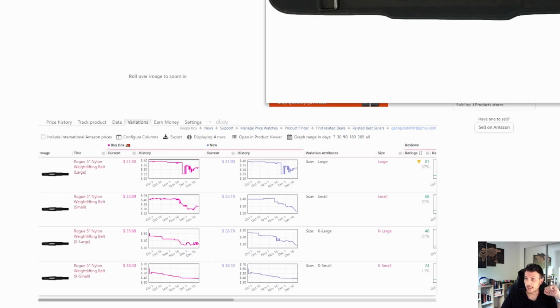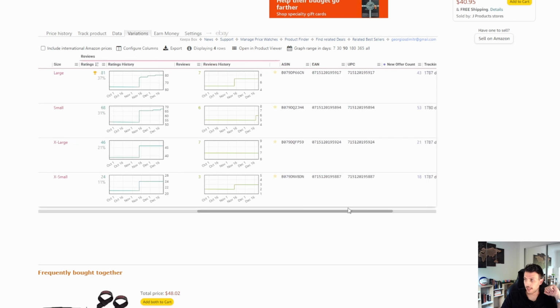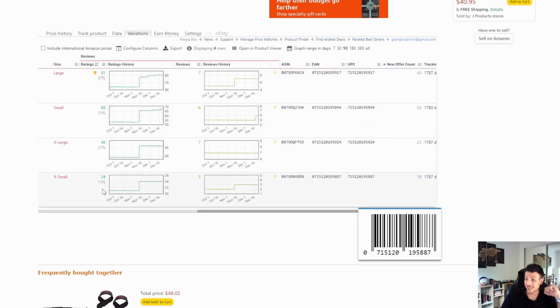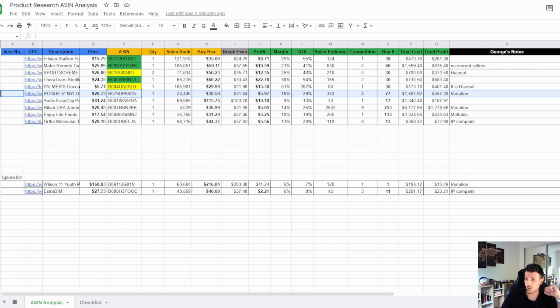So the ASIN ends with 8DN, so we're going to look for 8DN. 8DN, 11% of the sales. So 11% of the sales, I'm just going to come here and say times 0.11, which is 11%. So it gets 17 sales a month. Oh, no, that was the wrong one. Control Z. All right, so this one here. So times 0.11 right here. Okay, so this one has 8 sales, and it's 30% ROI,